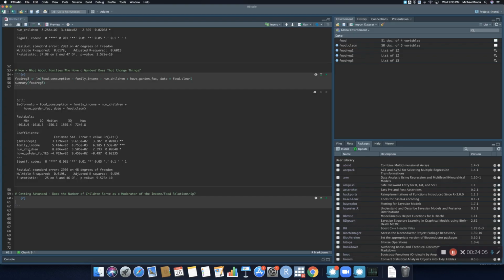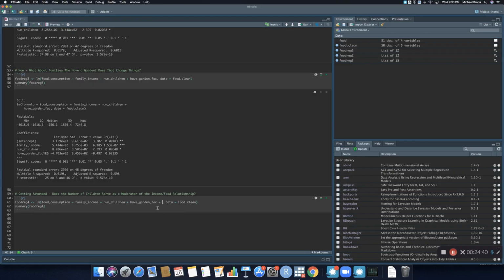We're going to test whether there's an interaction between the number of children in your family and family income. To do that, I'm again not going to reinvent the wheel. I'm just going to copy this, and I'm going to call this Food Reg 4, because that's my 4th regression. The first 3 are fine. I have food consumption as my outcome, family income, number of children, have garden,